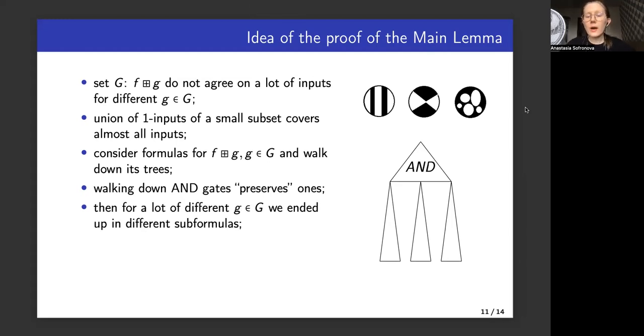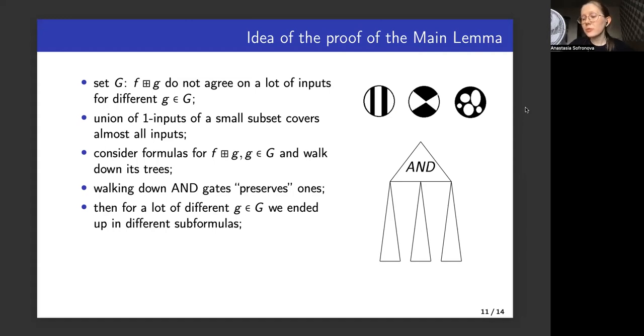Now we stop in some subformula after walking those AND gates, and now I want to say that for a lot of different functions g in this set G, we ended up in different subformulas. Now, suppose we have some large subset of this set G, for which the subformula we ended up in is the same.